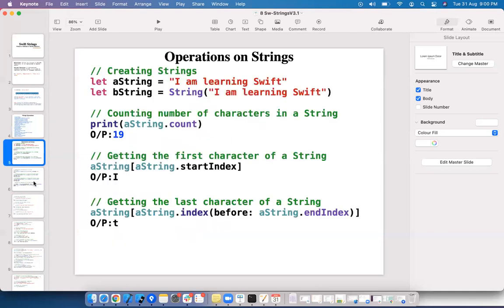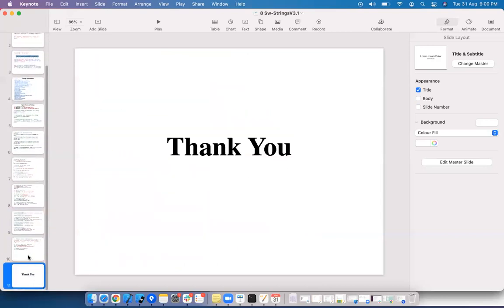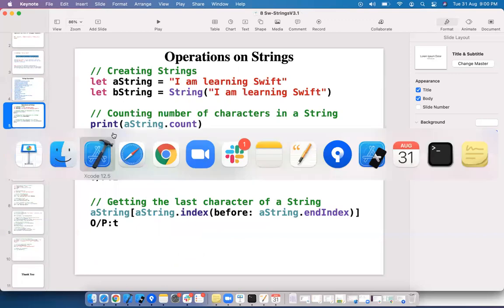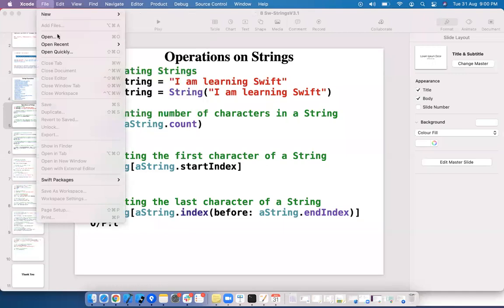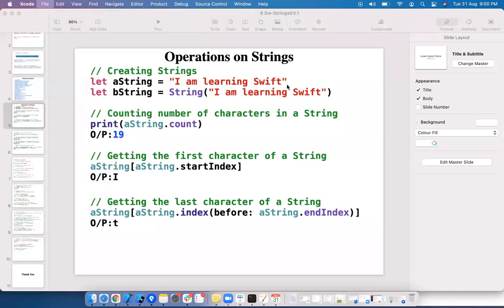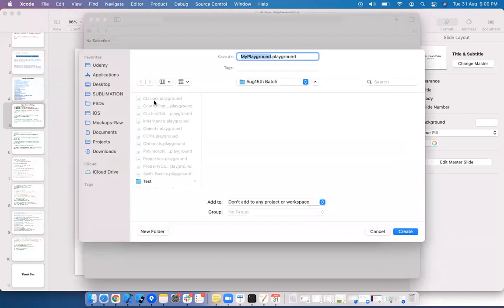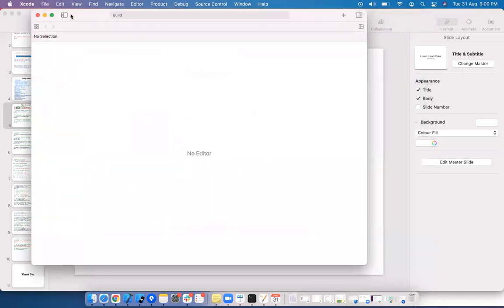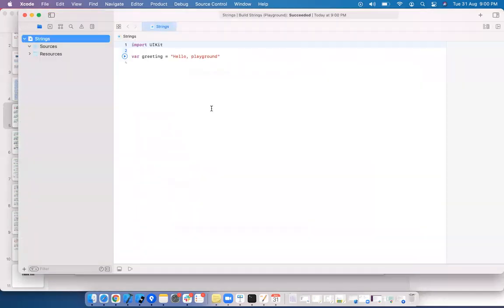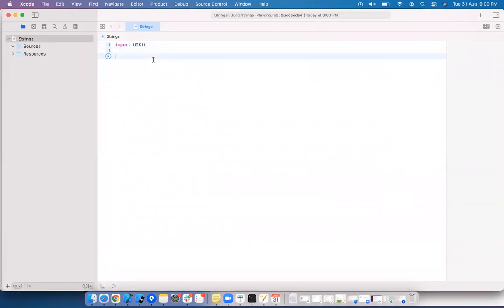Okay, all these are different methods which I am performing here. We will see them in practical. I am creating a string.